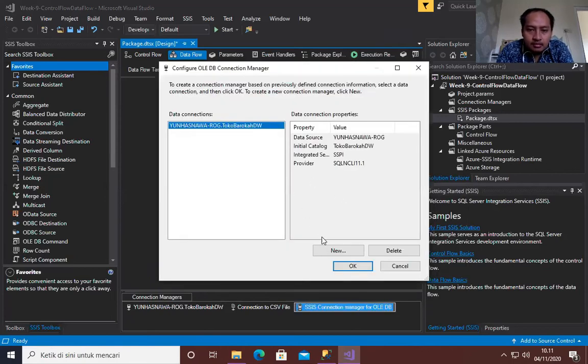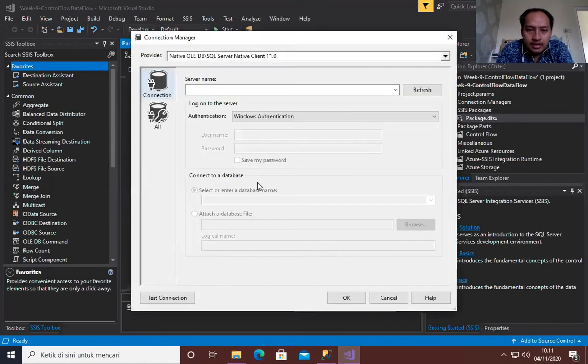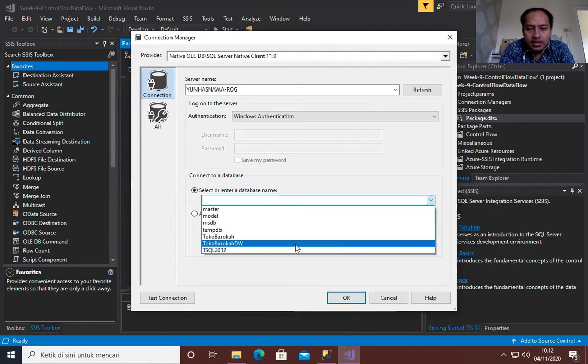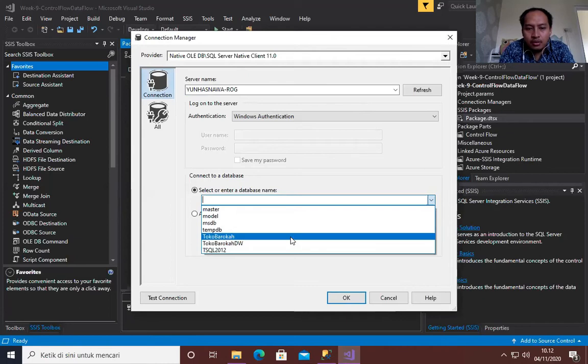We click new here, and the way is the same as before. You type your server name, and then you choose your database. Previously I chose Toko Barokah DW, but right now I will choose Toko Barokah.